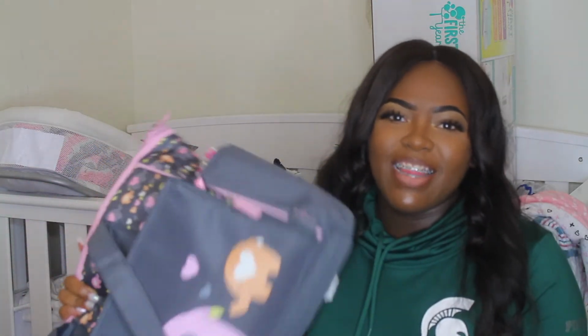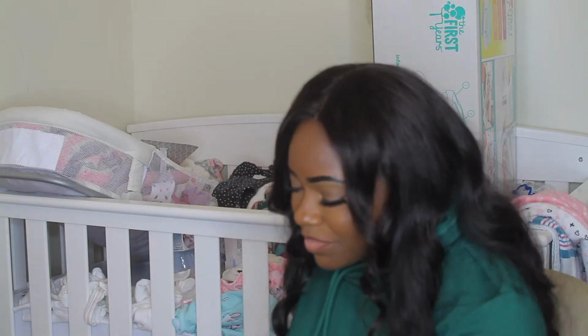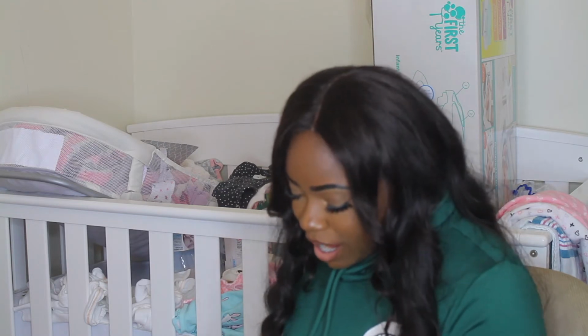And like I told you guys, I just got this bag from Walmart because we're boycotting Gucci, so I couldn't get the Gucci diaper bag that I wanted. And like I told you guys, this stuff is way disarranged because once I got home from the hospital, I mean, being a mom is so tiring. It's so rewarding, but it's so tiring. I mean, it's a lot. So I wasn't really caring about unpacking my bag. So I was just going through this stuff, and I'll just show you guys what everything looks like